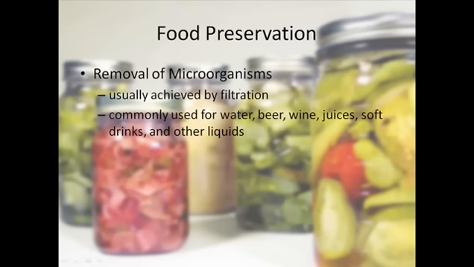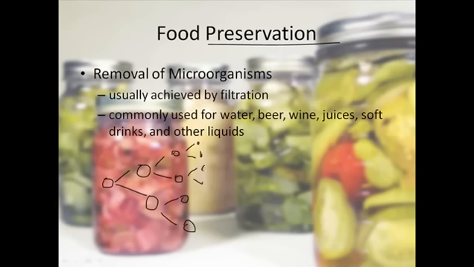Now, another thing we must know when we talk about food preservation techniques is the division and growth of bacteria. What is the normal way bacteria grow? Suppose we have one bacterium. This one bacterium will grow into two bacteria, and each of those can grow into another two bacteria. Now we've got four bacteria. Those bacteria will go on to produce more offspring, so we've got 8 bacteria after the third round of division, for example. That's how bacteria grow.